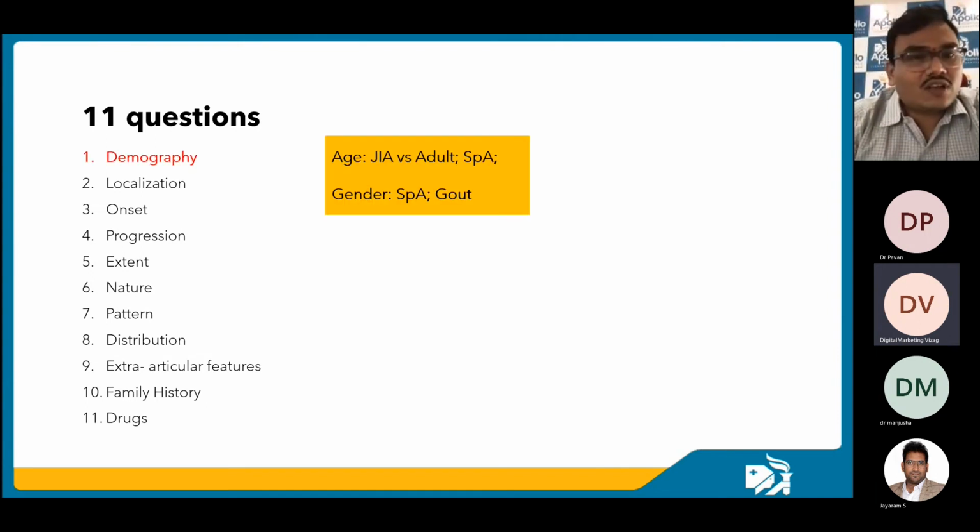First we'll see how we deal with the demography. Why is demography important? Because when you know the patient's age, some of the differential diagnoses will be ruled out and some will be ruled in. For example, if the patient's age is less than 16 years, I will think of juvenile idiopathic arthritis. If the age is above 16 to 17, we consider him an adult and treat like an adult arthritis. And if a patient with a low backache comes to me in